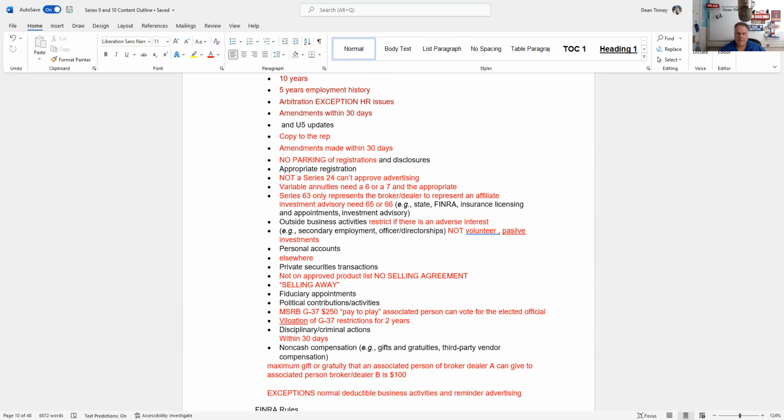Now, as it relates to third-party vendors and that kind of thing, in our firm's written supervisory procedures, very testable, that's where all this stuff resides. We ask every hire to read the firm's written supervisory procedures, and that would cover what the firm's policy is in terms of gifts or gratuities from vendors, or from whoever. We're just talking about a gift or gratuity from an associated person of broker dealer A to broker dealer B. So written supervisory procedures will say what the restrictions are on gifts or gratuities